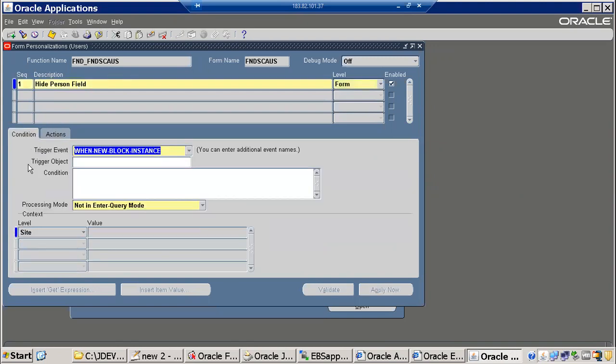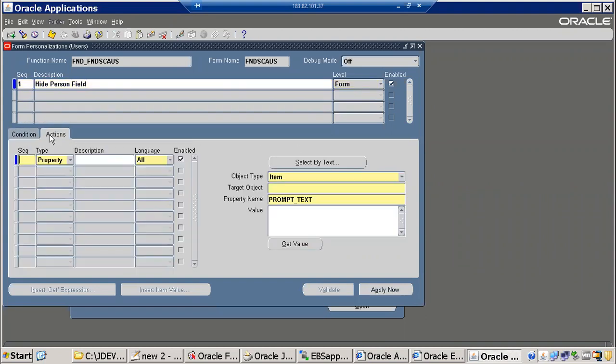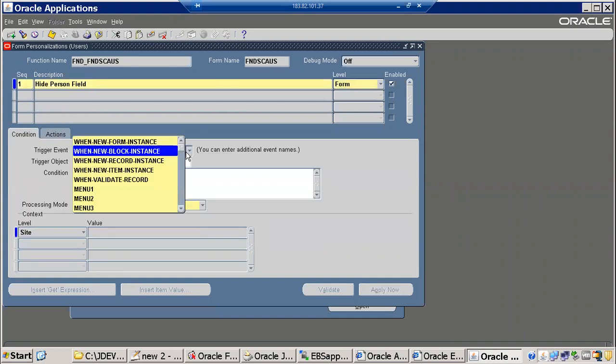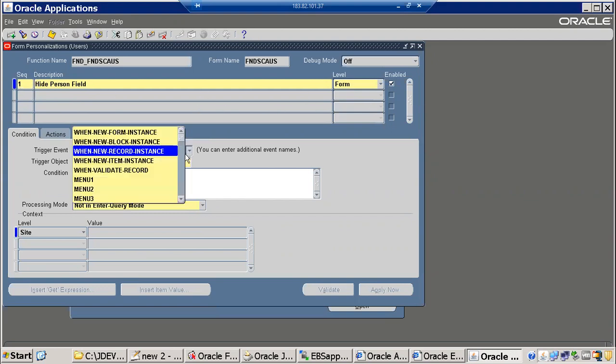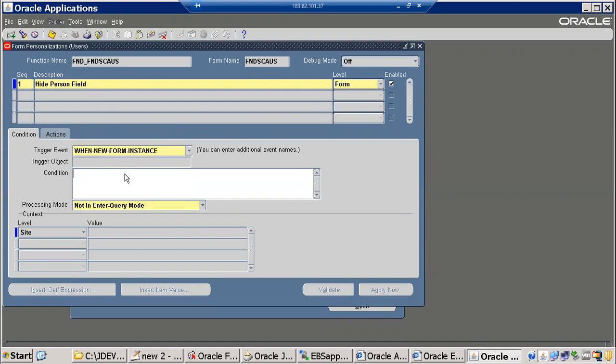Here also, how many blocks are there? Condition block, action block, correct, right? 2 blocks. After block, the next is record. Record means this entire thing is called a record. And one more item. Item is an individual field. And then valid record is a condition. How many menus we have? 45 menus are there, special menus. Clear? Right now, while opening a form, it has to fire. That's why I'm selecting when your form starts. Clear? But in the action button,